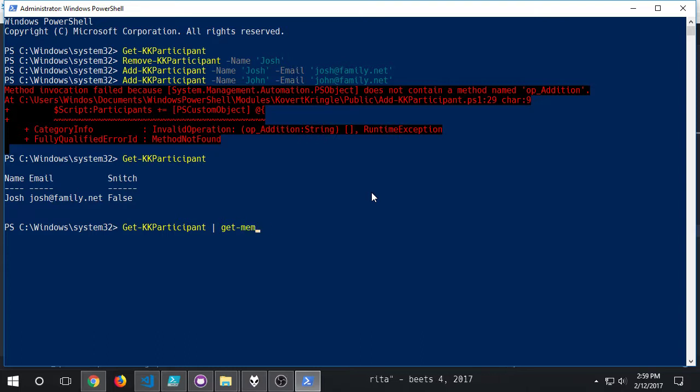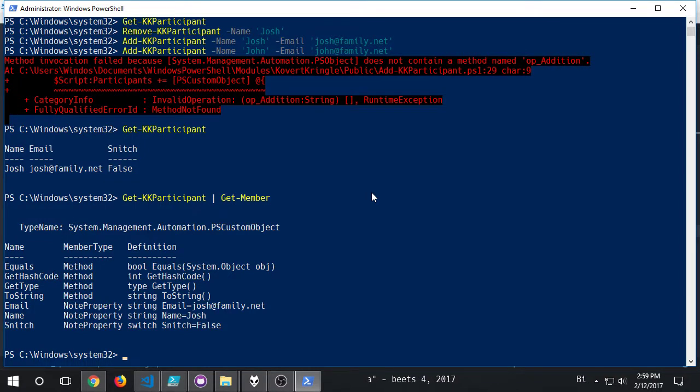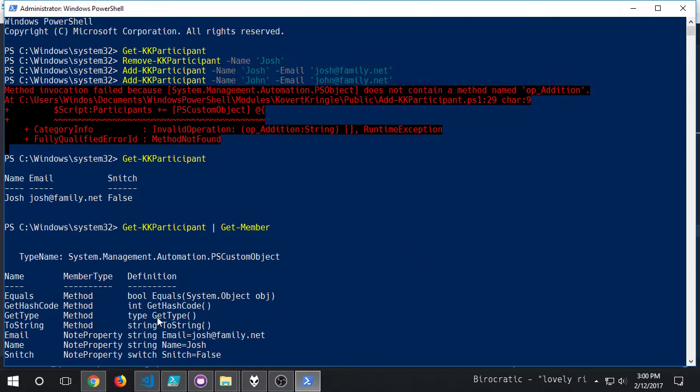Get member. Oh, I think that when I used remove and reassigned the variable,